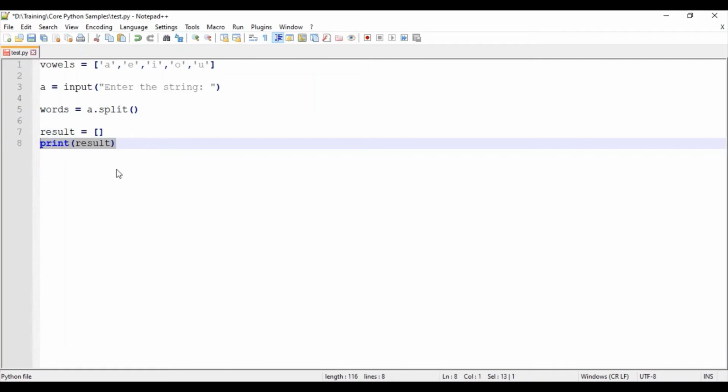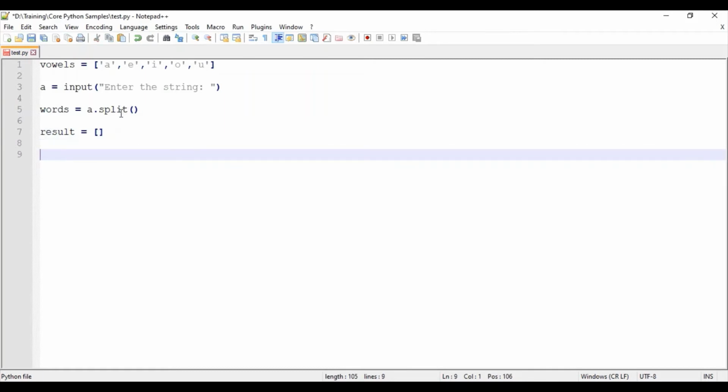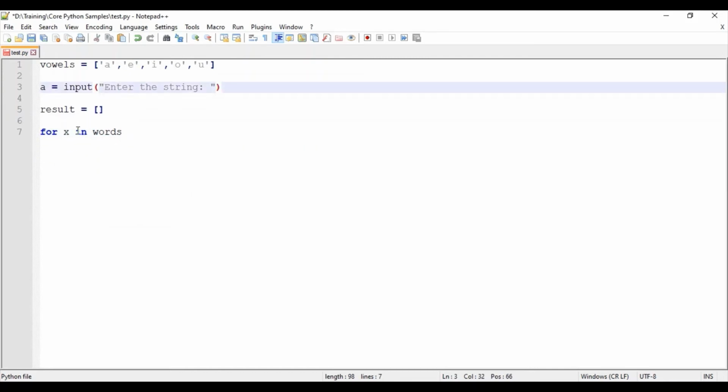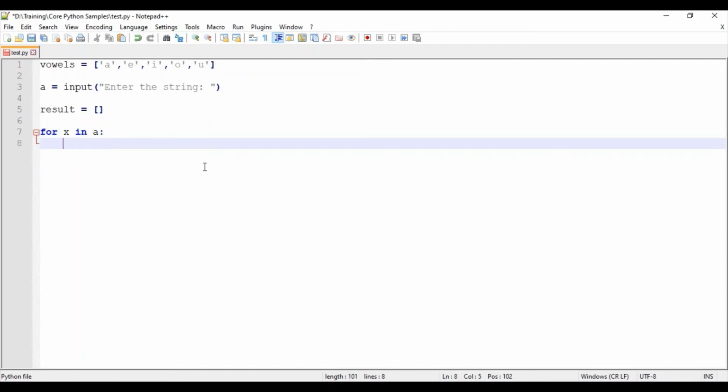What I will be doing is, okay, so for x in words, so for each word I want, or else okay, let me go character wise itself. I don't want to split it. So for x in a, so for each I will be going on,